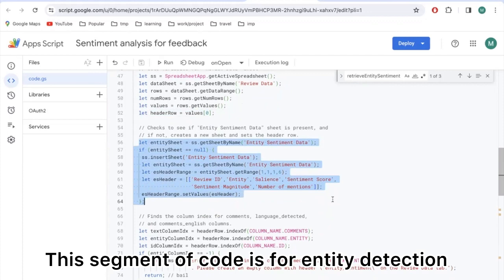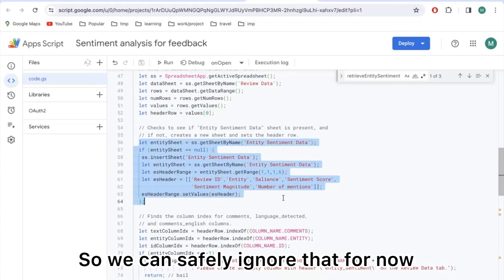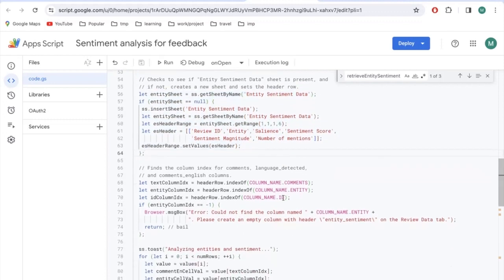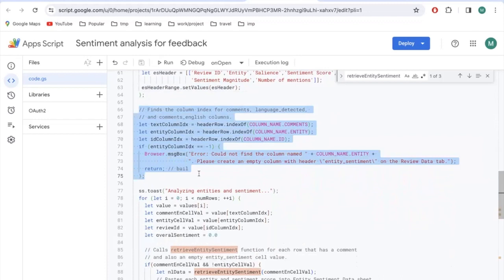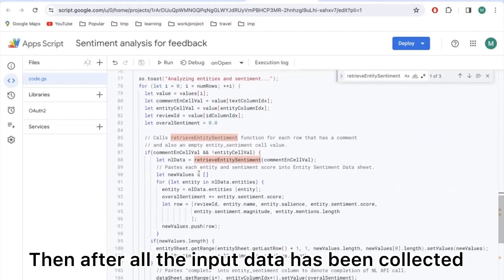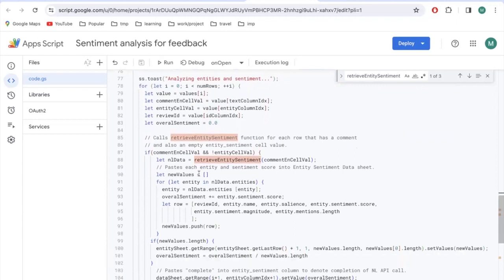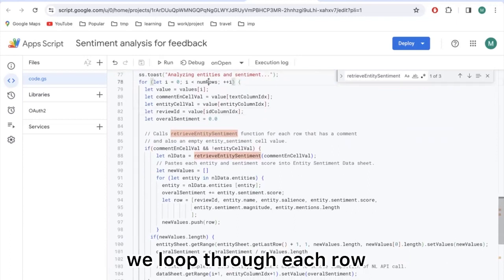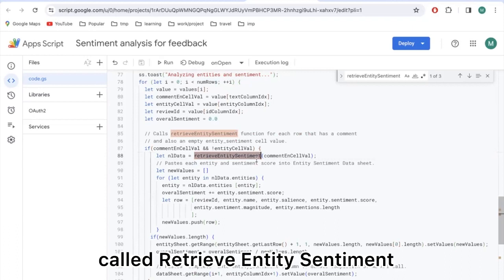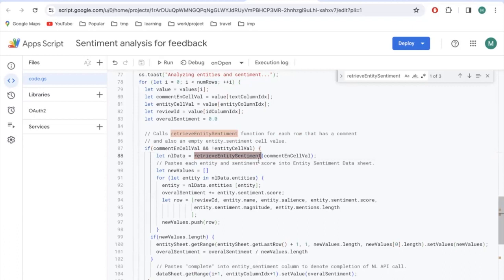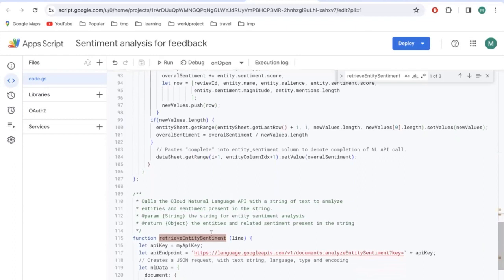This segment of code is for entity detection, so we can safely ignore that for now. And this is just some error checking for entity detection. Then after all the input data has been collected, we loop through each row and we call another function called Retrieve Entity Sentiment, which is here,